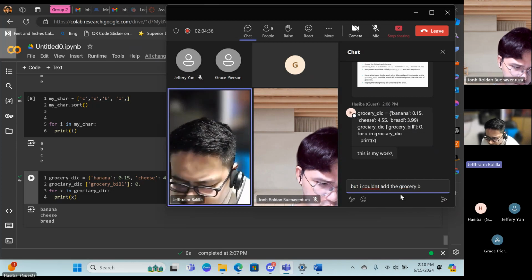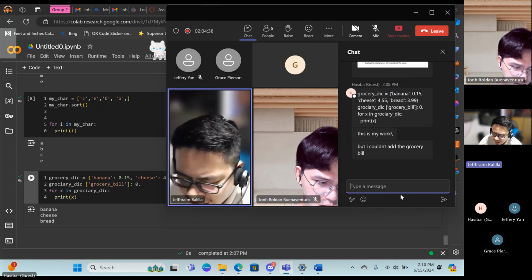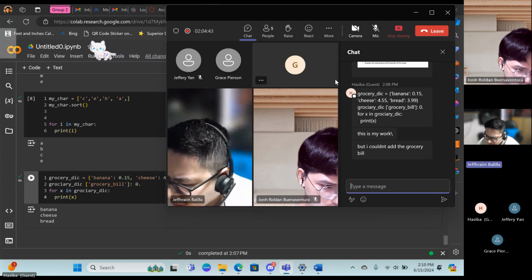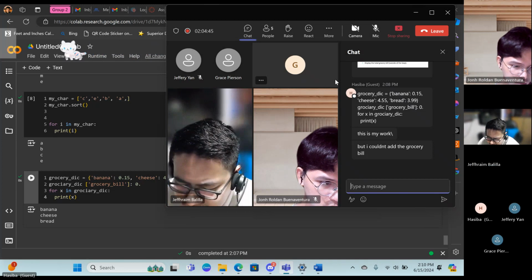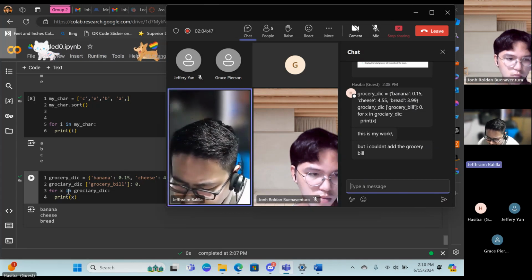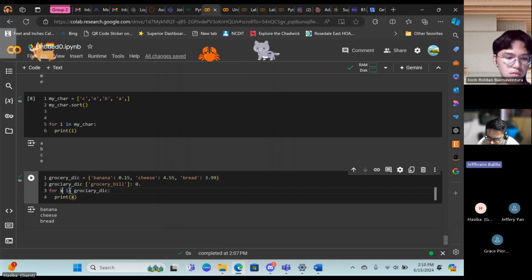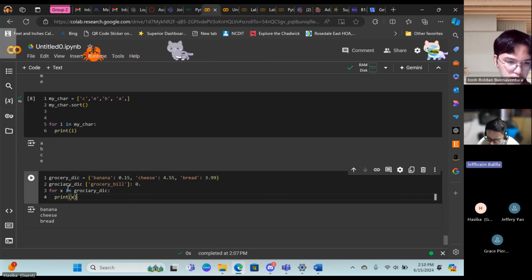Instead of the product, what you have to display would be the prices, Hasiba. So what method do we have that would allow us to display the values instead of the keys? Since what you have currently are the keys.